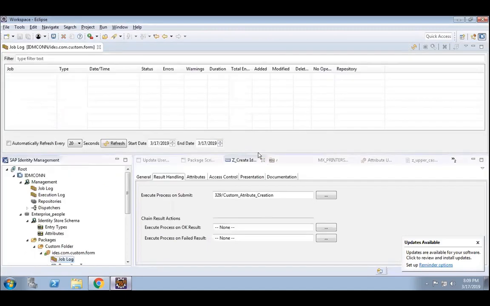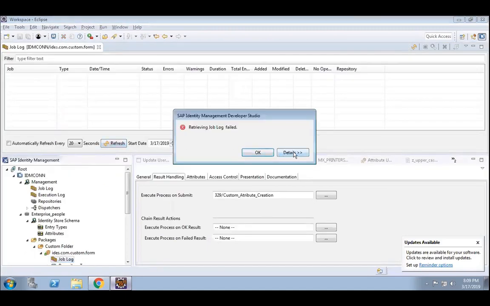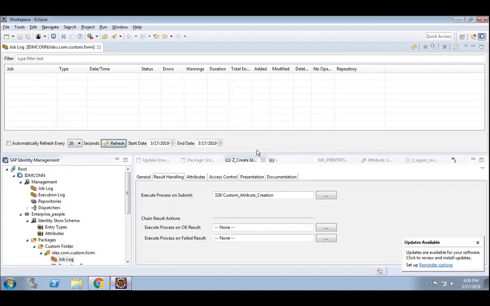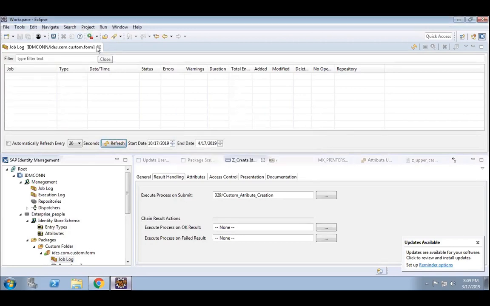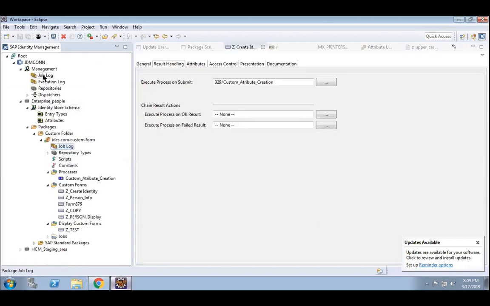That is why the job log cannot be seen. The retrieving job log failed, meaning it cannot be retrieved from here. That might be one of the reasons.